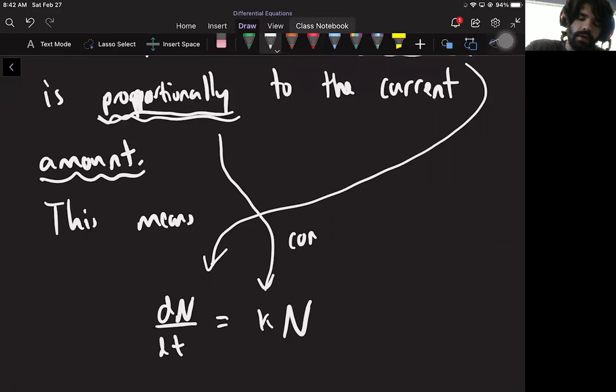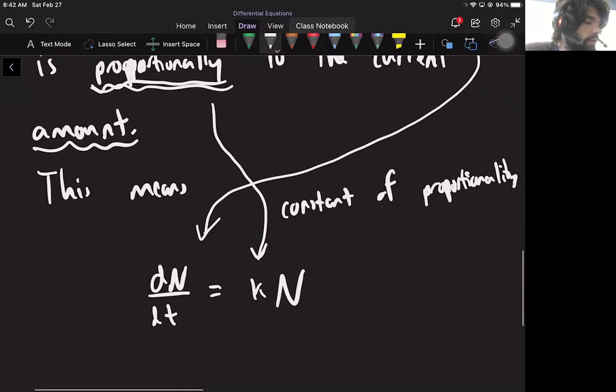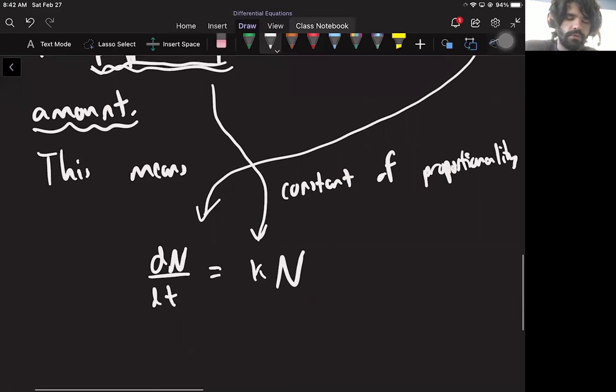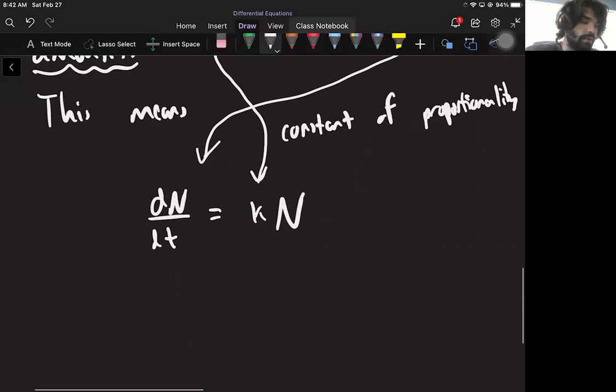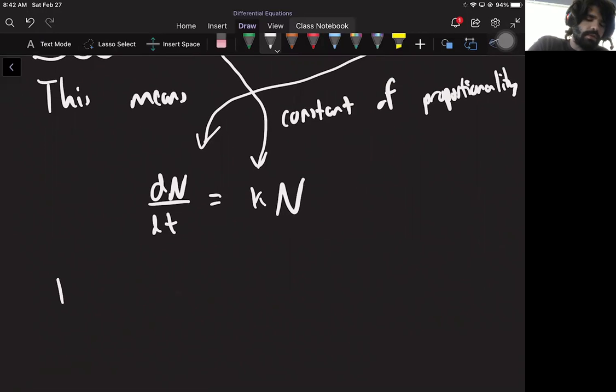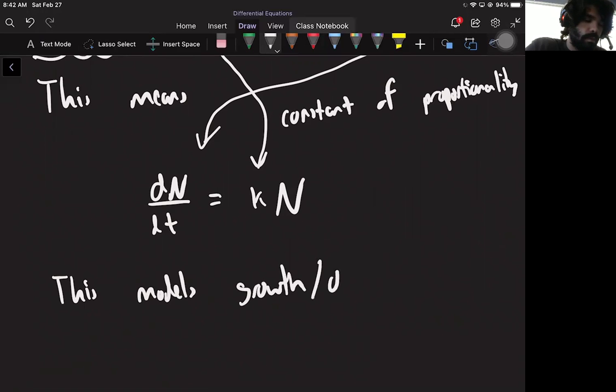If you want to use fancy language, you don't really have to call it anything. It's just there. Proportionality, which I probably spelled incorrectly. Okay, but in any case, this is the differential equation describing the situation. And this is just a differential equation that we know how to solve. So this models growth and decay